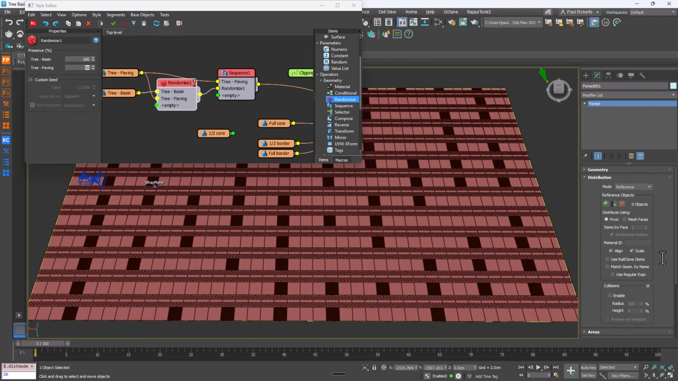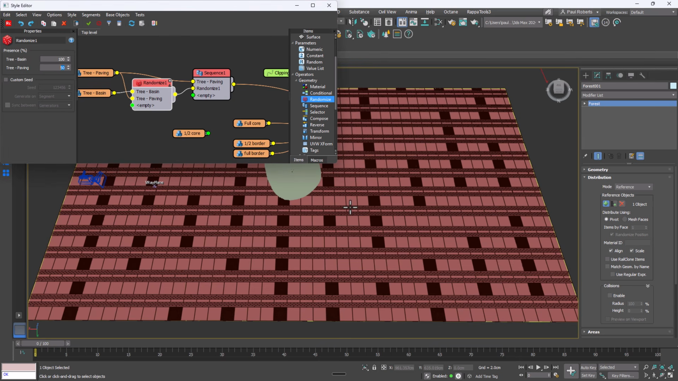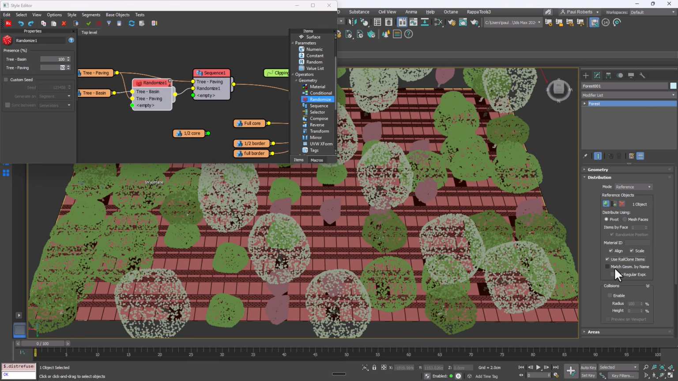Click on the plus button and select the RailClone object that we created in the previous steps. Initially, ForestPack will place just one item at the RailClone object's pivot point, but that's not what we need. Instead, we want ForestPack to use the individual RailClone segments that we previously marked for export. So enable Use RailClone Items, and ForestPack will now place an item on every RailClone segment that has Export to